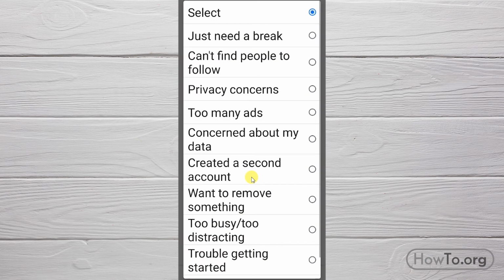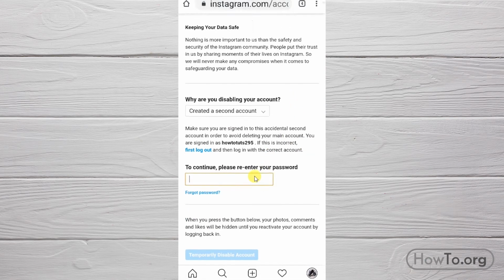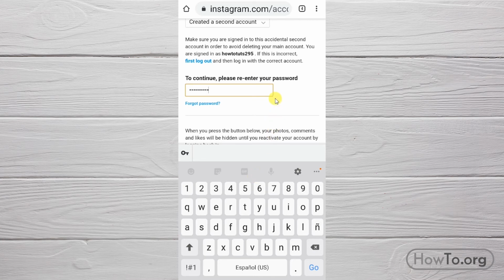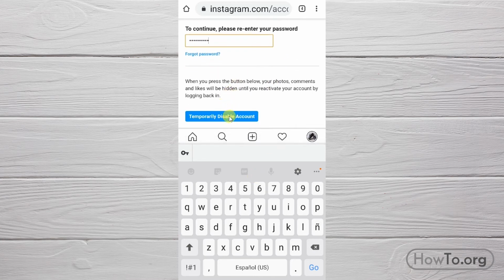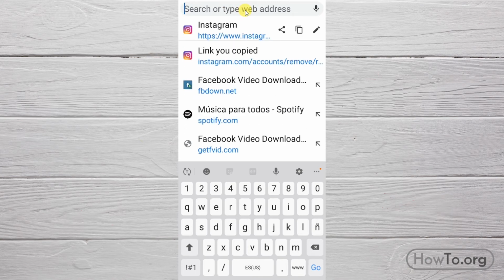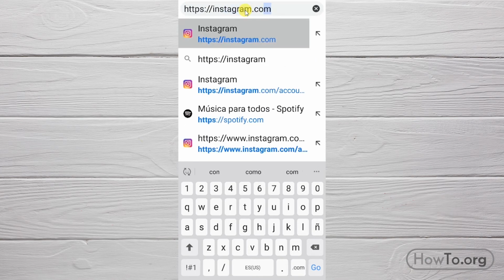We choose the reason why. We write down the password. And we click on the light blue button to enter the option to delete the account permanently. In the browser, we write the link,